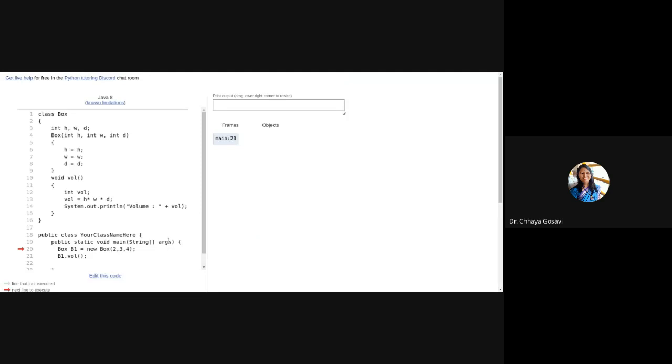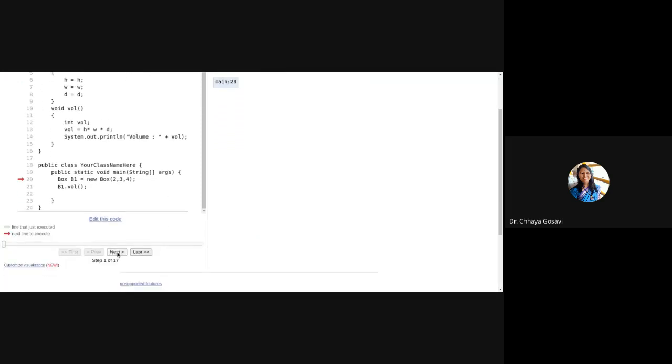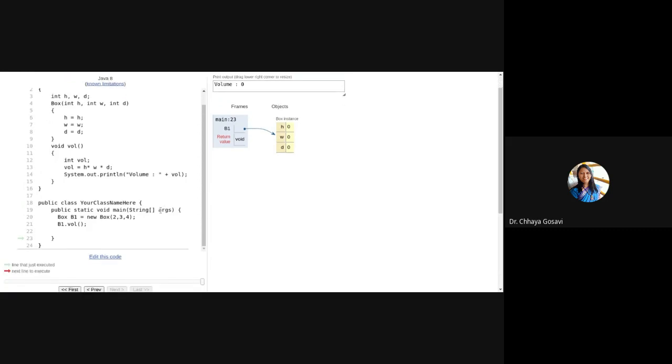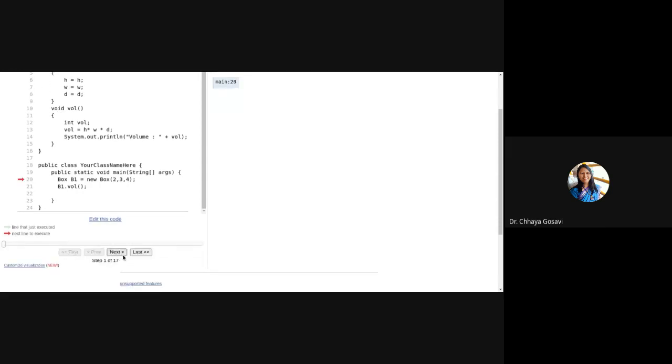But just to avoid confusion from the compiler angle or the programmer's point of view, this is h, w, d, which are our arguments, and this h, w, d are instance variables of the class, and it will assign the values and your program will work and you will get the output. But to avoid something, see here you are not getting the output, we'll go back and check why we are not getting the output.